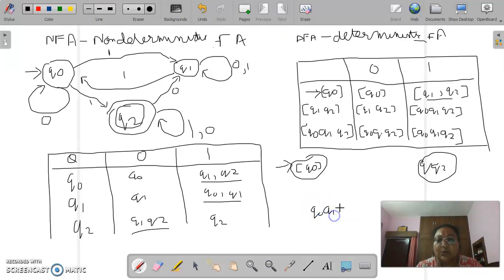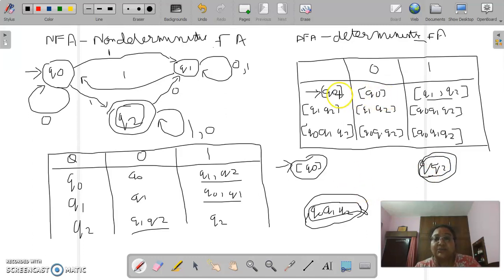So these are the only three states which are present in the transition table of the DFA. Now, as we can see here, Q2 is the final state. It is included in Q1, Q2 and Q0, Q1, Q2. So both of these states we will make final states. Wherever Q2 is included, all those states will become final states.